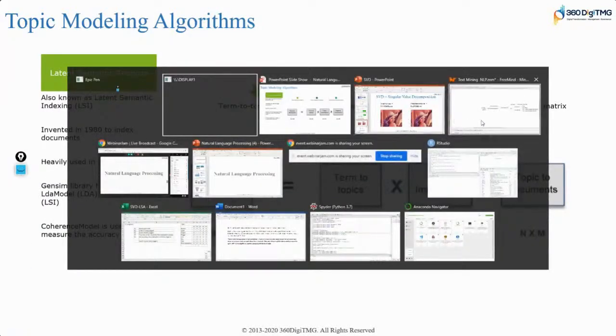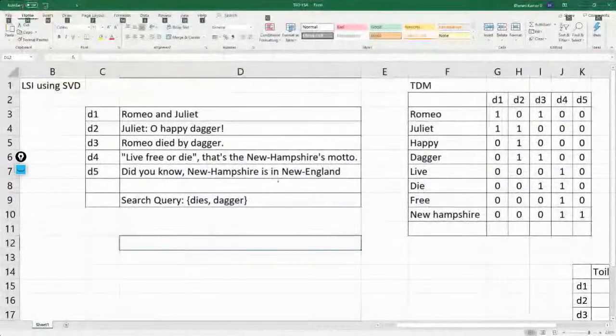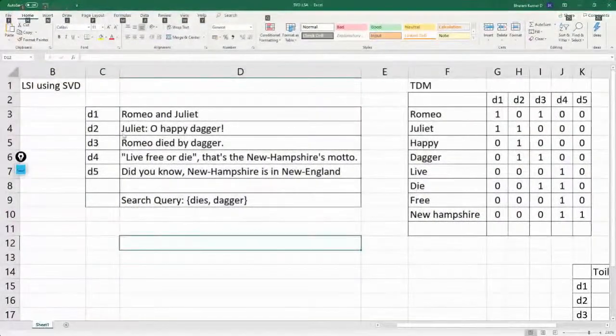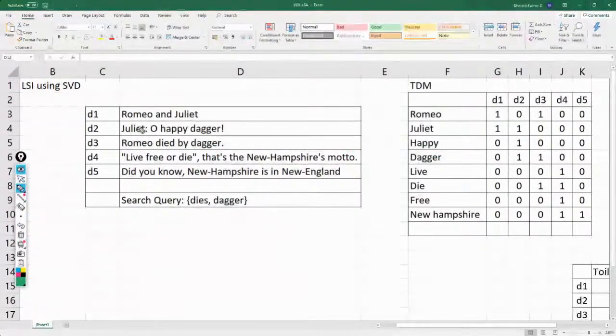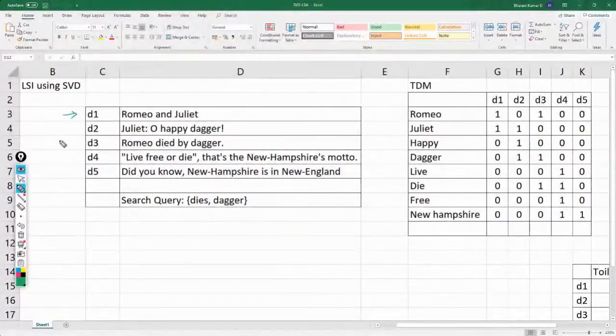So, where are we now? Yep, here. If at all there are 5 documents. Document could be a single sentence. Document could be an entire paragraph. Document could be an entire page. Document could be a single word. Document could be a single alphabet.